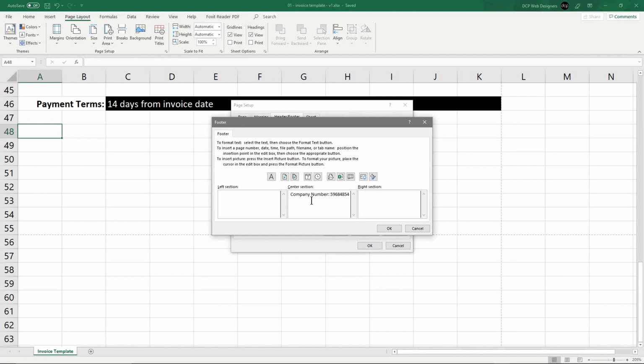We just need a company number. If you're VAT registered, you'll possibly put your VAT number there as well. You might put your registered address. I think we need a registered address as well, right? Trading address and registered address are two different things. So I'm going to hit the spacebar key, put a dash there, and then hit the spacebar key again one more time. I'm going to put in "Registered",